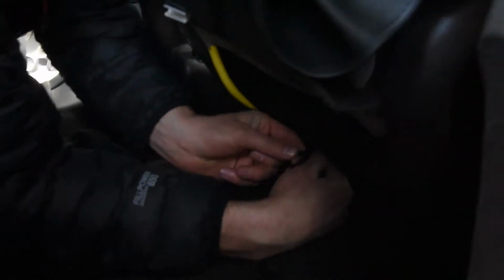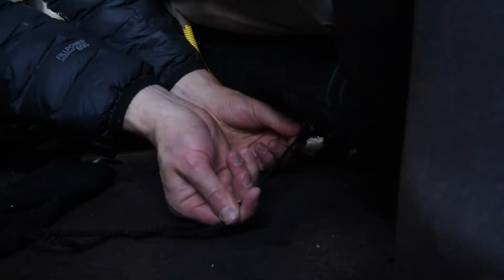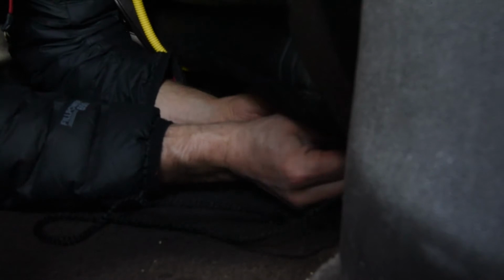And now what I'm gonna do, just kind of keeping it taut, is I'm looping through that loop right there. And now I'm gonna just kind of pull out some more of the slack. Again, not real hard at this point, just kind of keeping things taut. Pinch it with my other hand, and then tie it off to itself right there, and just some half hitch,